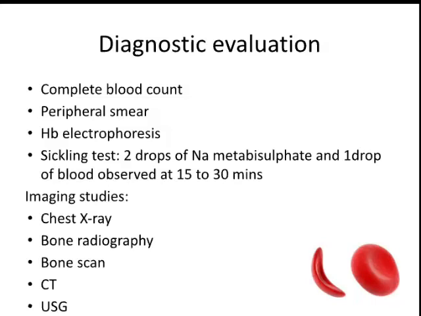So what is the diagnostic test done for sickle cell disease? A complete blood count will show the hemoglobin level is very low, and if you take a peripheral smear and see it microscopically, you can see the sickle shaped, or abnormal, hemoglobin. But if you want to confirm it, we usually do an HB electrophoresis, which confirms the